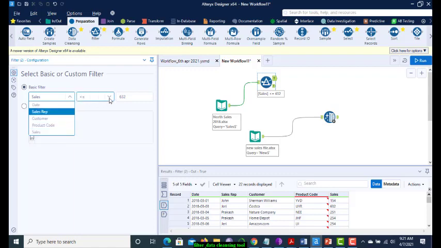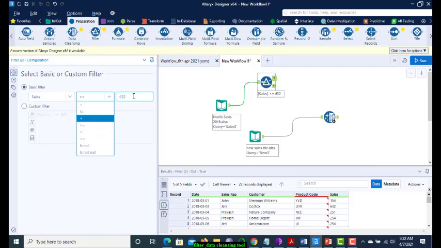The operators change according to the type of column you select. Sales is numeric, so I'm getting all the operators, as well as is null or not null.